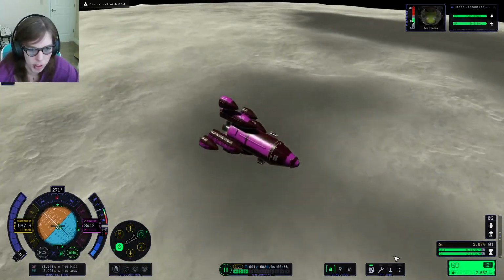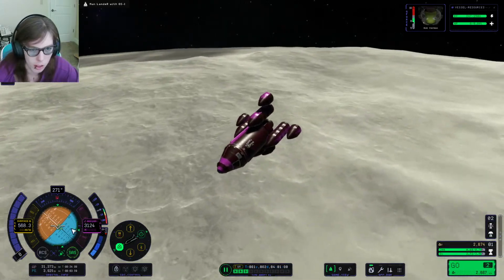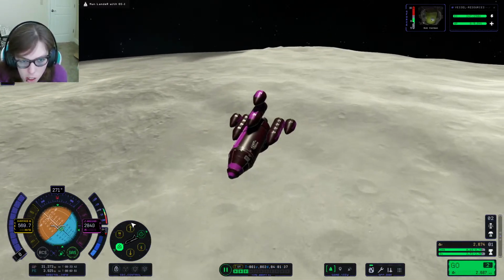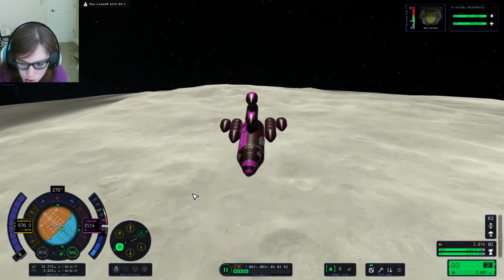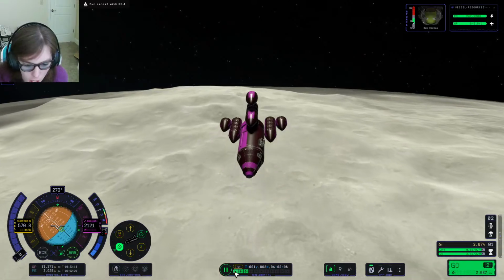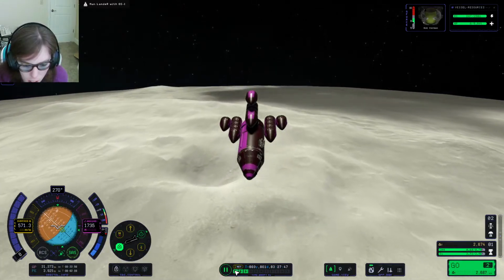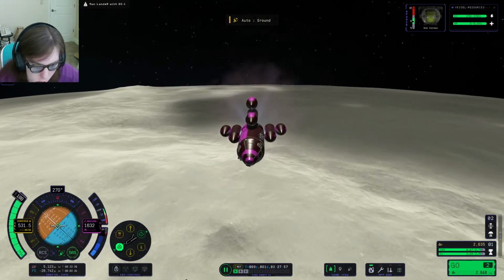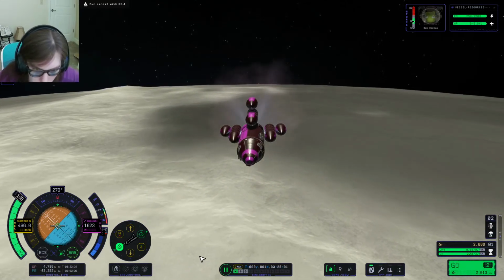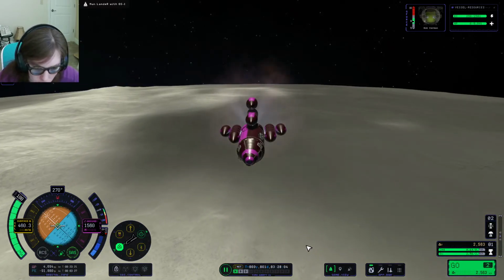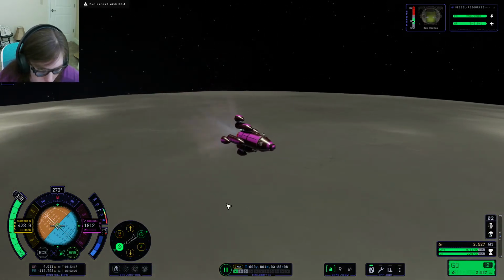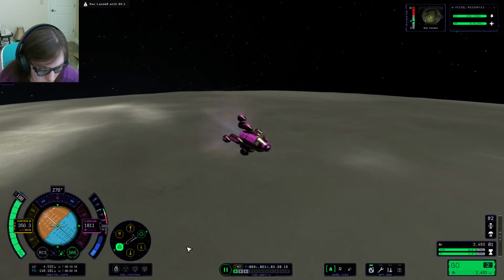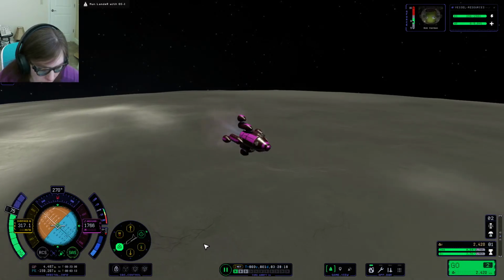Alright. You typically want to land in the mare just because it's a lot smoother, flatter, easier. As soon as I see that mare, I'm initiating my burn. I see the mare. I'm initiating my burn. Alright, just don't do it too shallow because you could end up killing yourself. Now burning here at this angle, at this elevation, getting it as close as you can, this matters a lot for ones that have higher